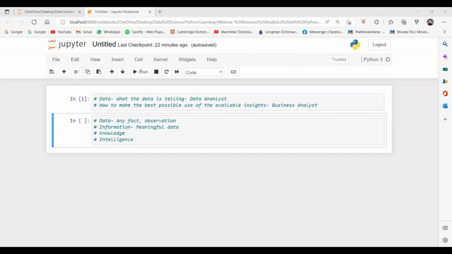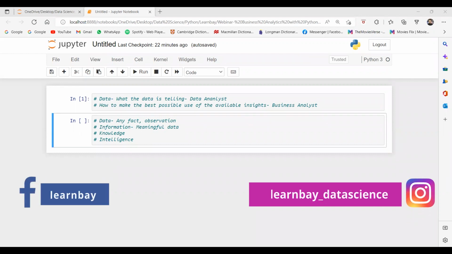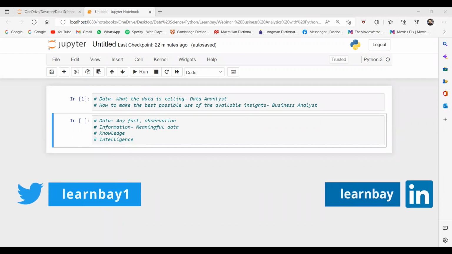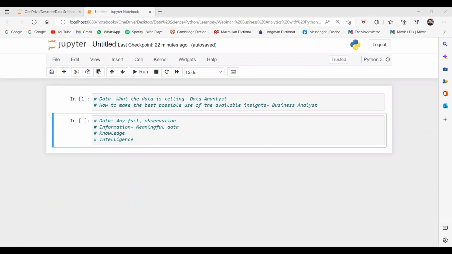A business analyst is a professional who bridges the gap between the business teams and the IT team. In the business team, there may be HR, stakeholders, shareholders, and clients. Yes or no? And in the IT team, there may be business data analysts, software developers, and data scientists. So the business analyst is an intermediary between the business people and the IT team, or the technical people. Are you getting my point?